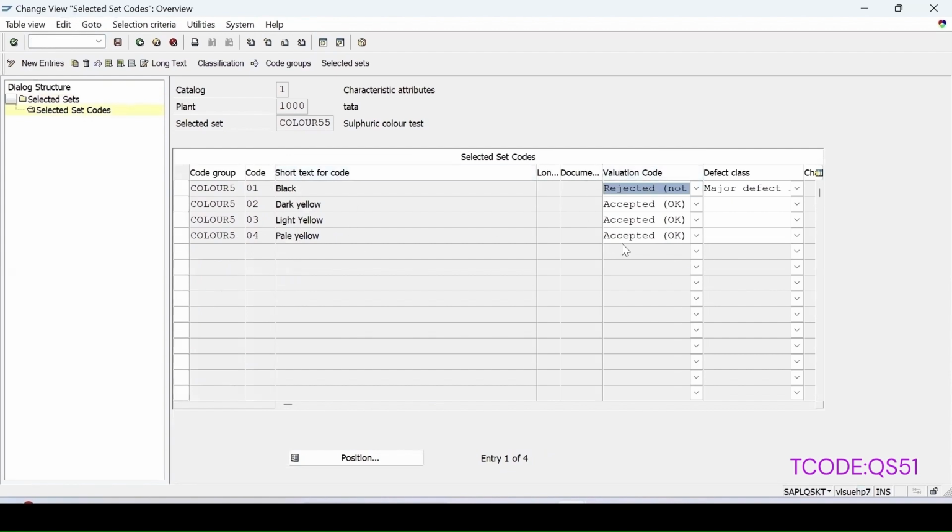And here we are maintaining that if black is there, then the valuation will be rejected. If other colors are there, then it will be accepted. You also maintain that how critical that defect it is. If it is rejected,